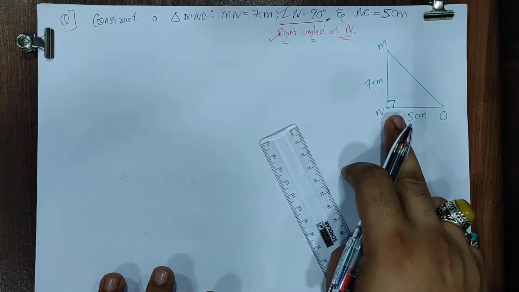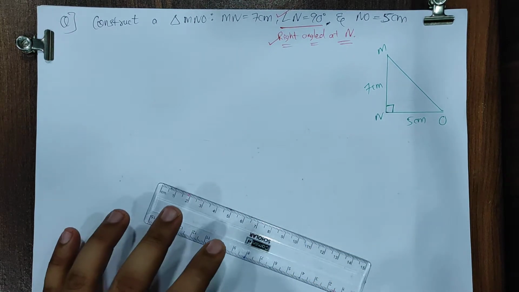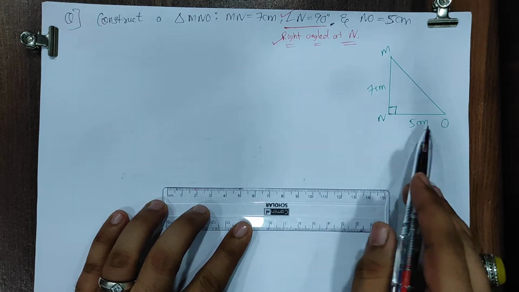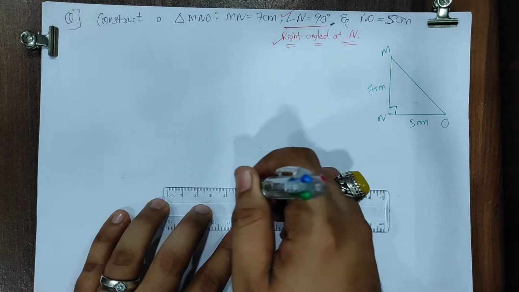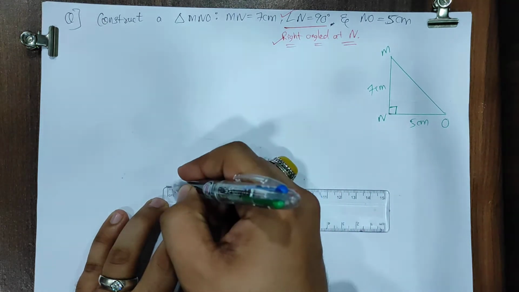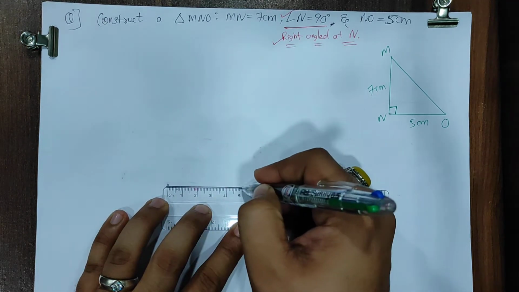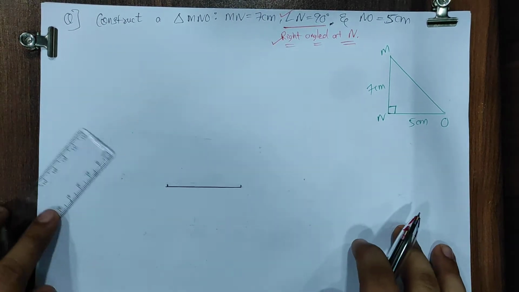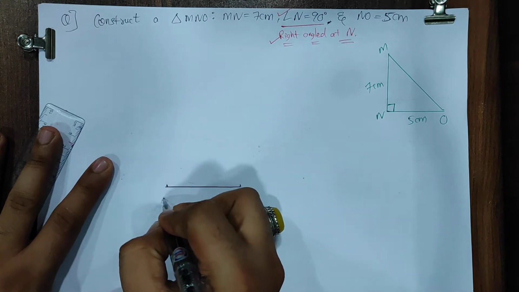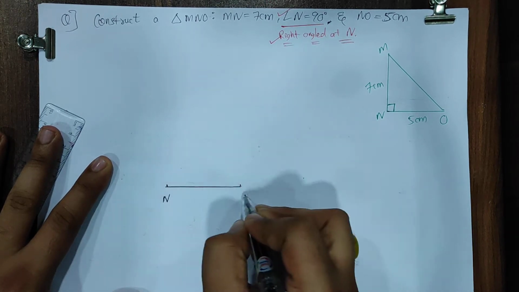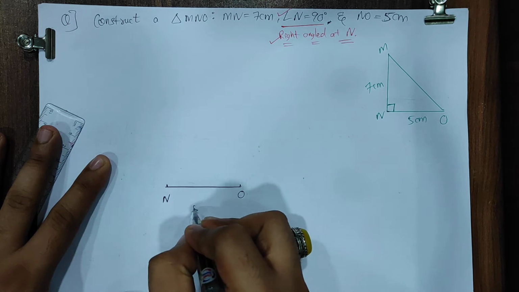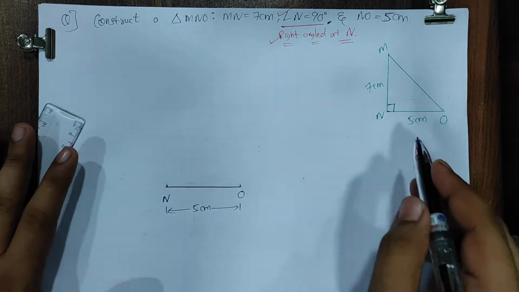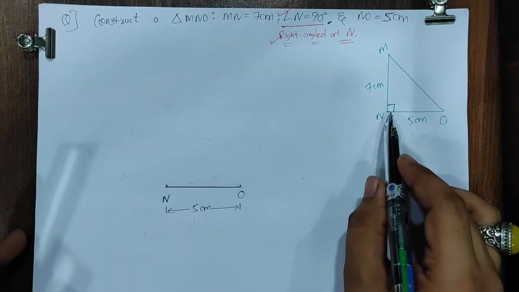So first thing, I need to draw a segment NO over here. Okay, let me do it very quickly now. So NO is 5 centimeter over here. On the ruled line of your book, you will make this. Okay, let this point, this is my N, this darkened point over here, this is N, and this is point O. On the spot, write like this, 5 centimeter. Okay, now I have to make an angle of 90 degree at point N.